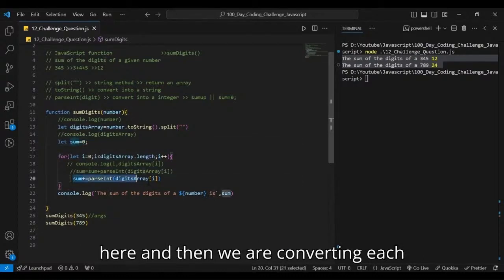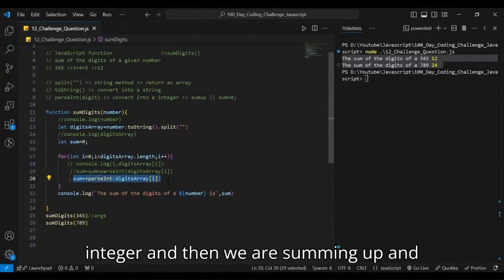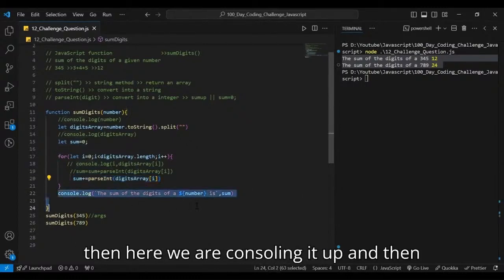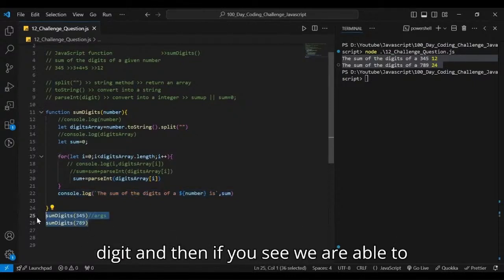Then we are converting each digit into an integer, summing up, and consoling it. And if you see here, we have written sum of a digit, and we are able to get the clear output in the console. Let's move to our next